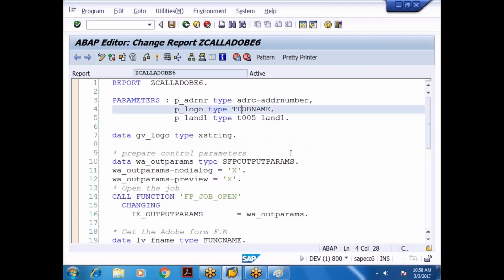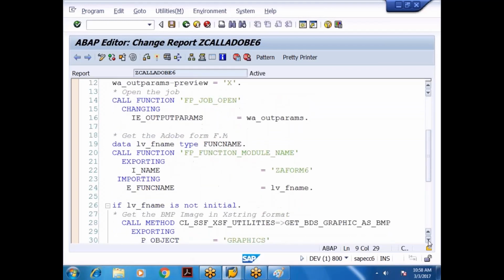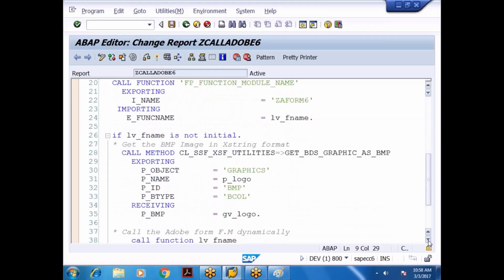This is of type TDOBNAME. Done. Object is graphics. ID is bitmap. This is BCOL only. P_LOGO only. Done.